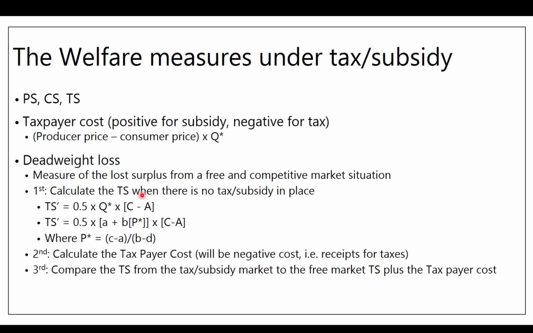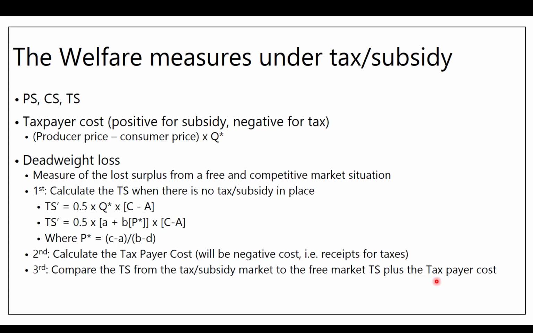So first, we calculate the total surplus under no taxes, no subsidies. Second, calculate the taxpayer cost. It'll be a receipt for taxes. It'll be a cost for subsidies. And then third, we compare the total surplus when we have taxes and subsidies to the free market total surplus